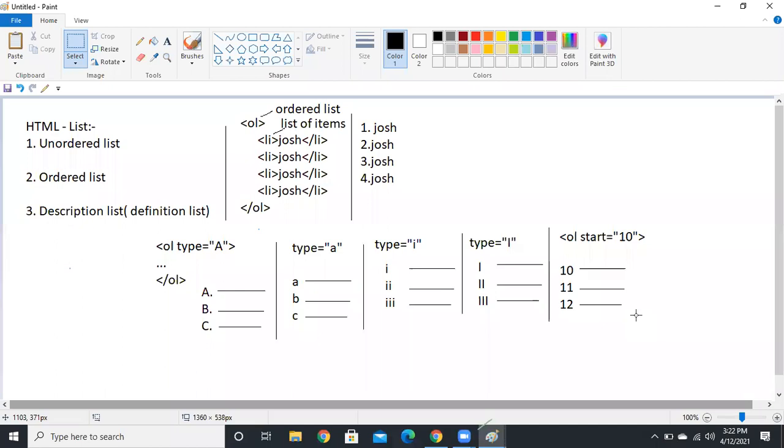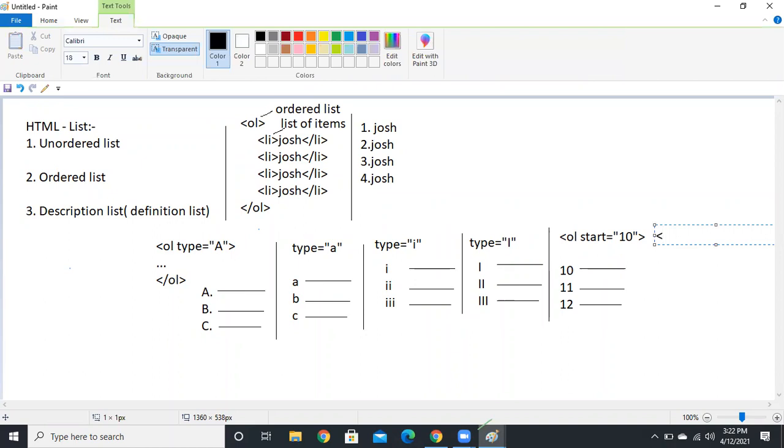So I'm going to use the type attribute. Type A means you will get capital alphabets. First, type A means you will get capital alphabets. Now in that you have to start from 10, and A1, B2, C3 like that. Type comma start? Yes, both we have. There is no comma. You can directly put a space and add it.